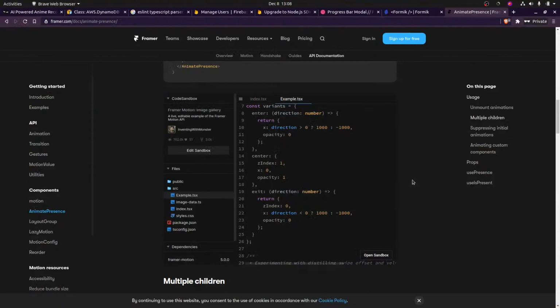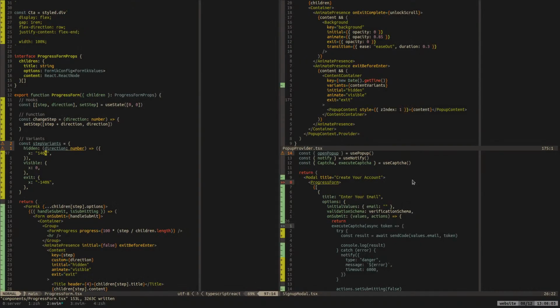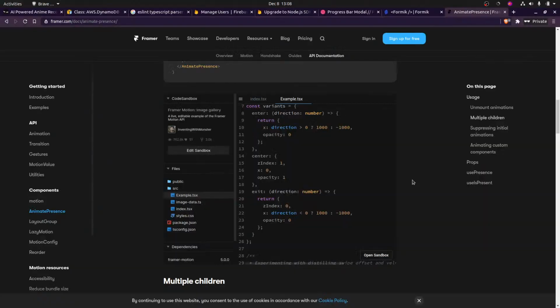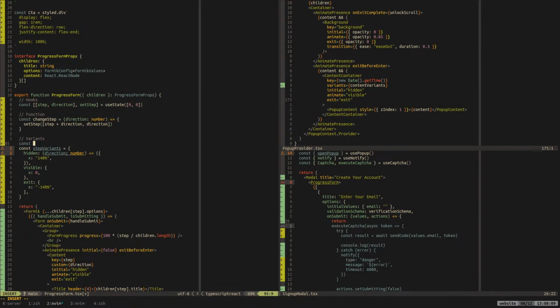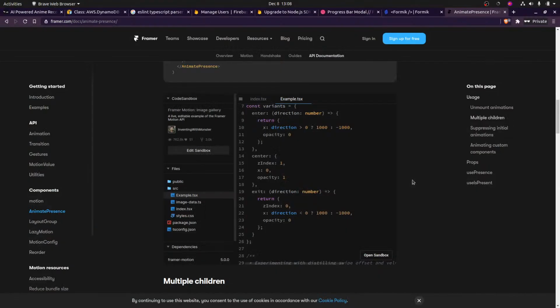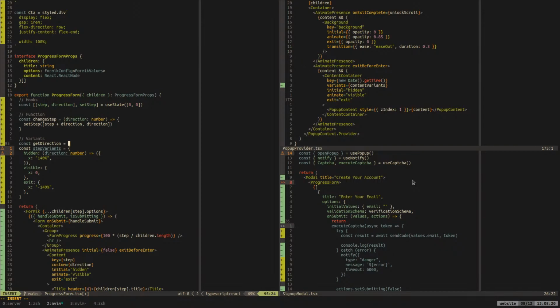Okay, so for this thing, it's going to be a custom thing though. Okay, we need a way to decide the direction. So we're going to have a thing called getDirection, which is going to be a very simple thing. So if direction, then we're going to do 140%.